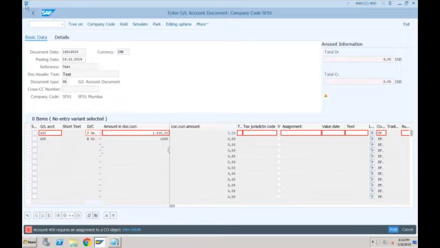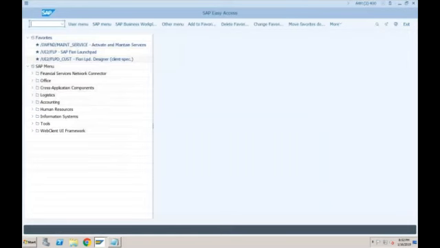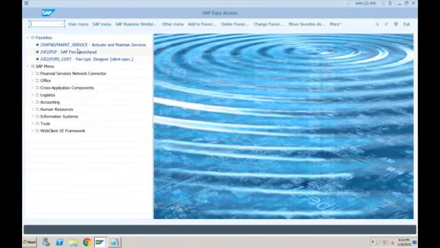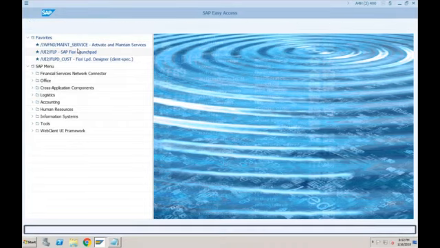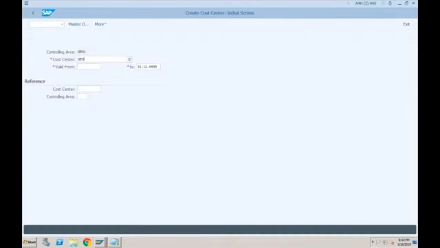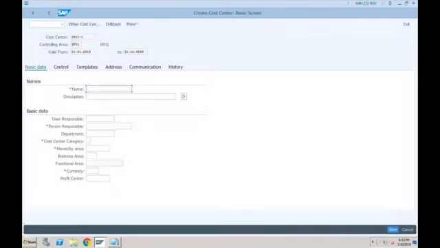So quickly, let's create one cost center. Maybe profit center we will add later on, just to go ahead with this document. So same transaction, KS01 to create a cost center. So let's say this is SF01/1, and this is valid from 01/01/2019. Okay, you will not find any change here. So this is my test cost center.